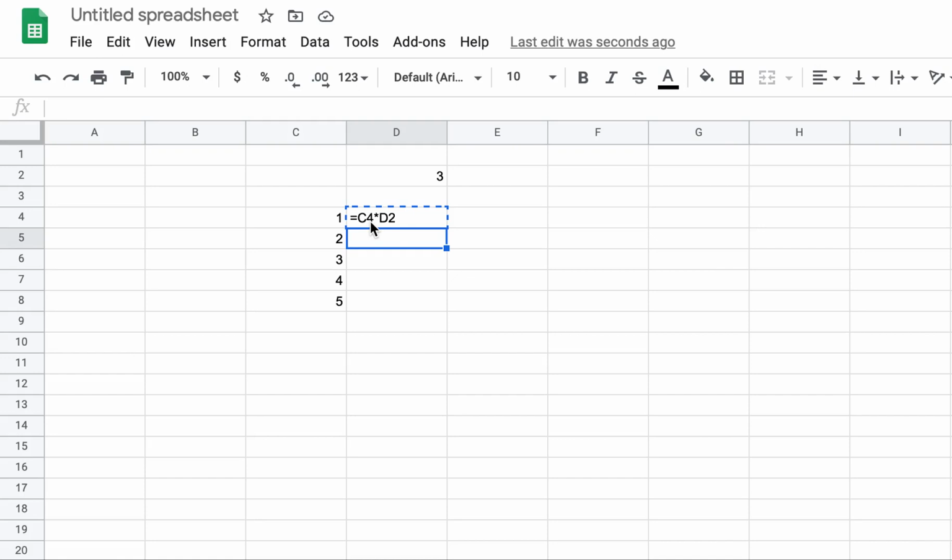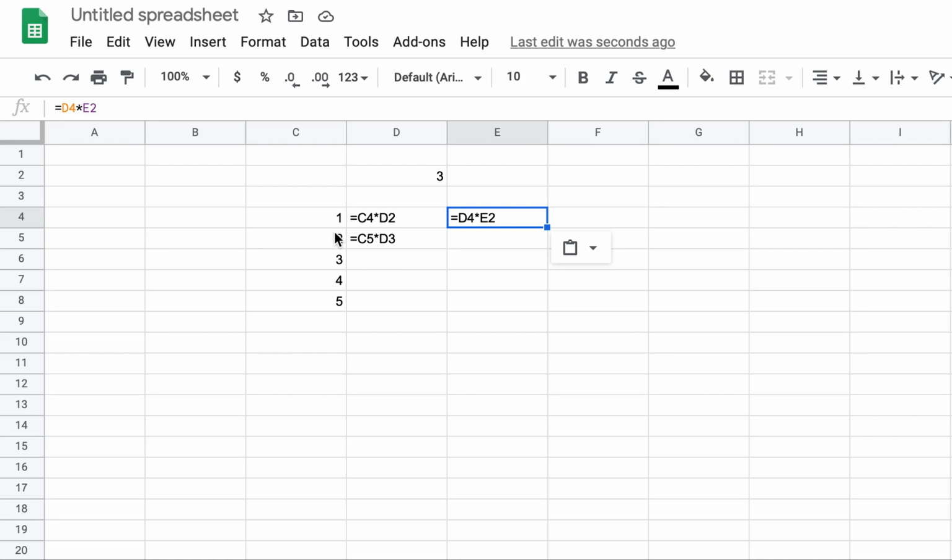If I was going along the row, then any cell reference I see, I have to keep the row the same, and the column will keep changing. So let us see the formula first. I copy it, I paste it here. You can see now C4 became C5, column is the same, so row is increasing. D2 also became D3. If I were to copy it and paste it here, you can see again, now row has to be the same. So 4 remains 4, 2 remains 2, but C became D and D became E.